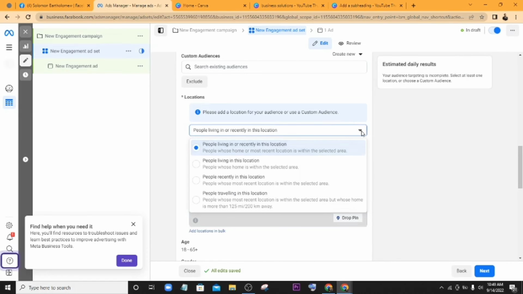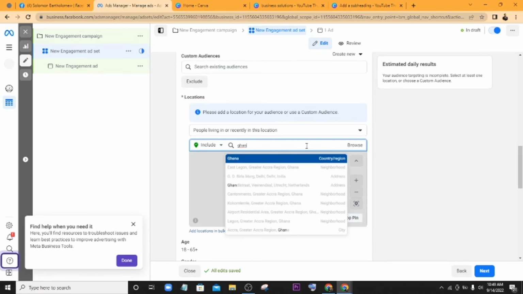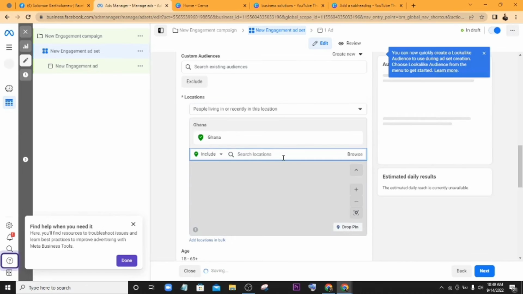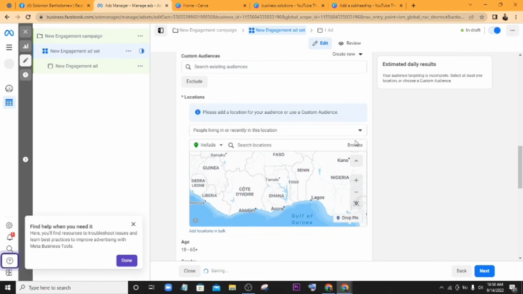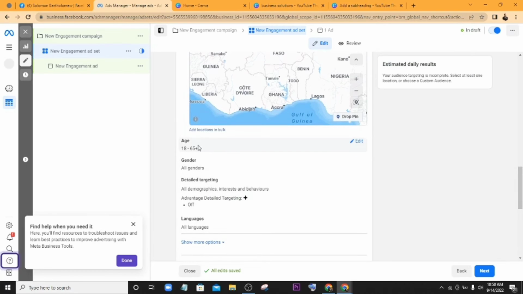Okay. So you want to be specific about what location you're targeting, especially if you're selling physical products. Where would be easy for you to deliver at? Okay, if you live in Abuja, you want to target people in Abuja. If you're selling a product and you live in Lagos, you cannot be targeting people in Kano if you don't have capacity to reach out to them. So you want to be specific where you are. You can pick countries like Ghana, any African country that you like. You can pick the country and also show your product to those persons, and then you can sell to those persons or sell your services to them.